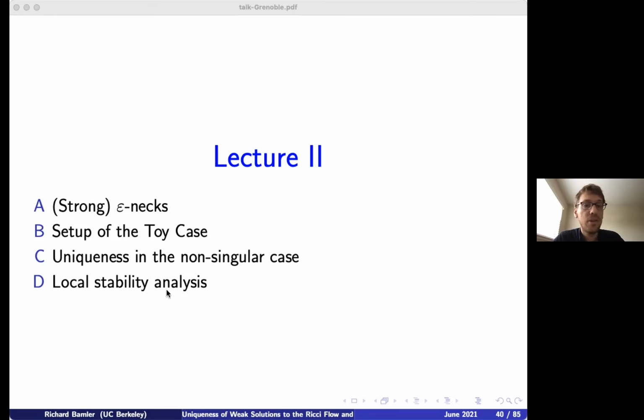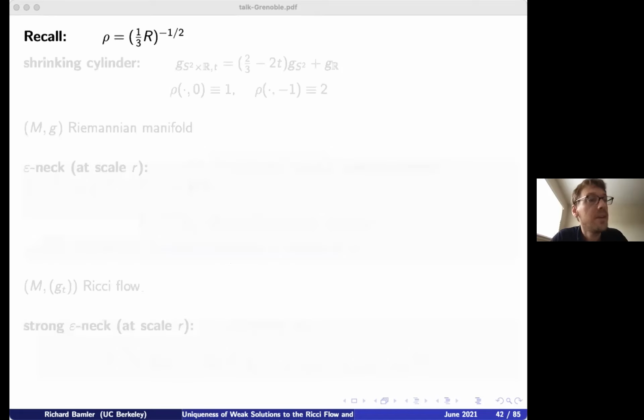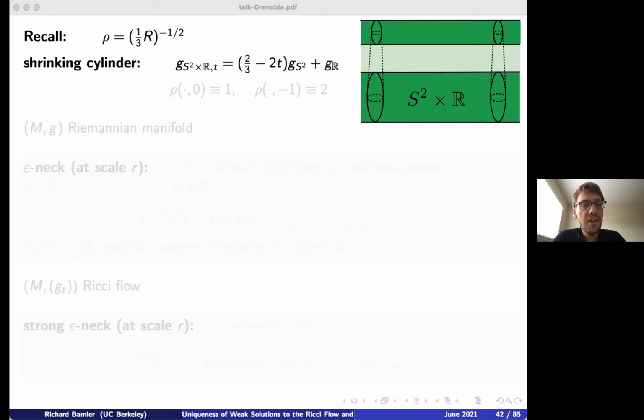Okay, so let me discuss strong epsilon necks. This is just a definition and a little bit of intuition, because I'm going to use this terminology quite often in the following. Recall again, we defined the curvature scale as 1/3 of the scalar curvature to the -1/2. One particularly important class of singularity models was the cylinder. So now I'm going to write down the round shrinking cylinder, which is on S^2 × R, in such a way that,